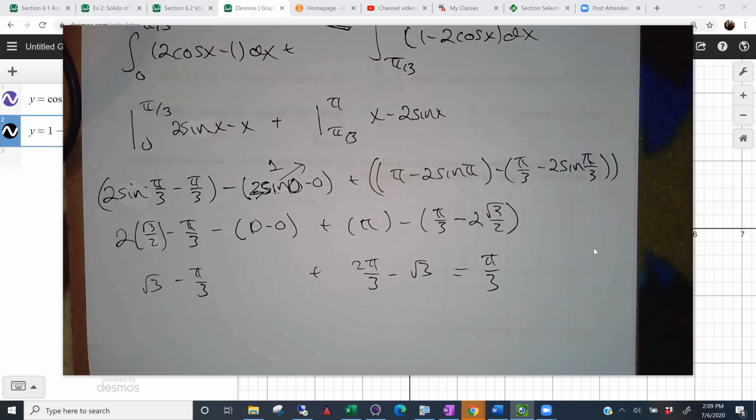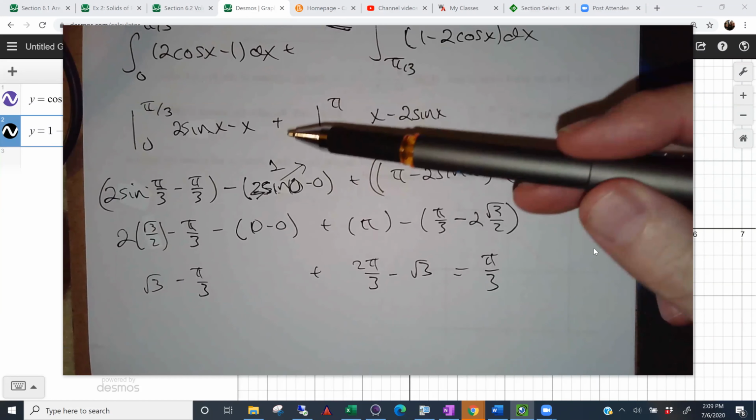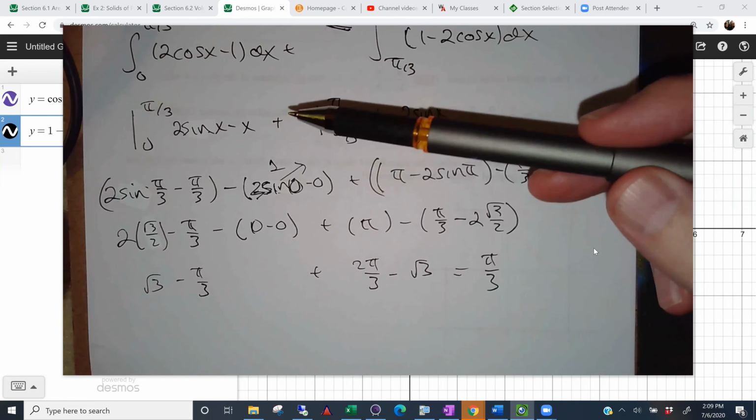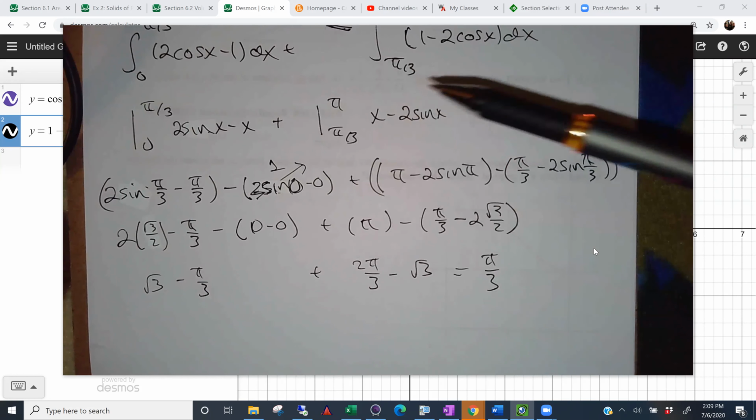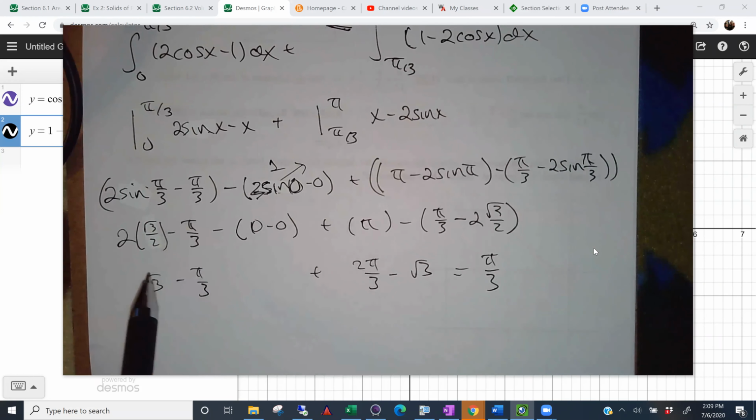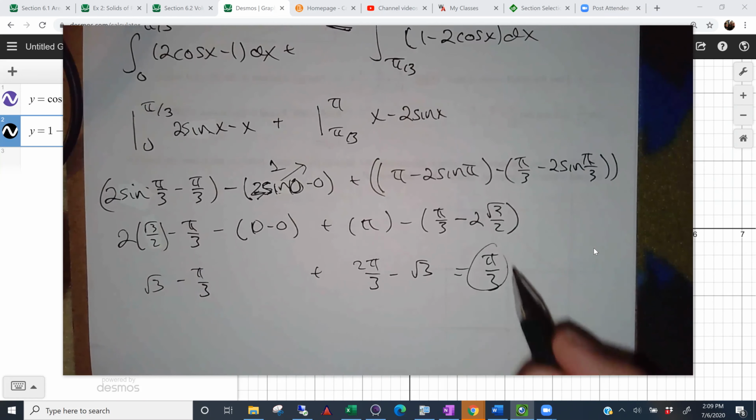So here's how the problem finished out from the first part of our lecture here today. Take the antiderivative to get these two expressions, plug in the endpoints, spend a lot of time cleaning up the arithmetic here, and you end up with pi over 3. So, okay, I guess I didn't expect a huge area. It's kind of cool that it's related to pi, but